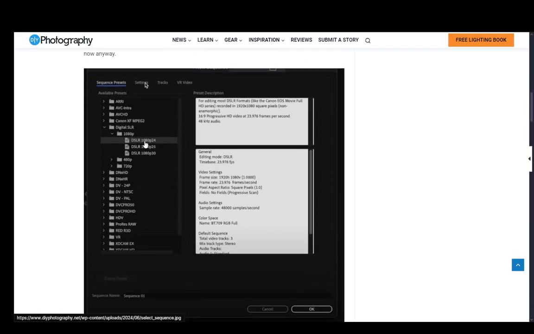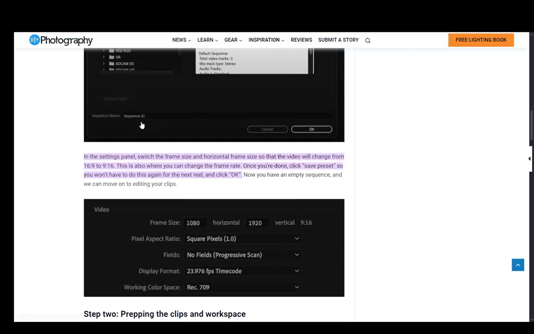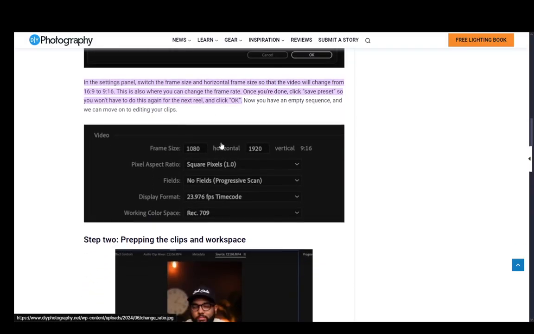However, if you want above 30, you're going to need to go into the settings panel, which you're going to need anyway. So within the settings panel, as you can see, you'll see your frame size. Now for 1080p, that's 1920 by 1080 pixels. What you're going to want to do is just switch these two in between, since Instagram is in a vertical